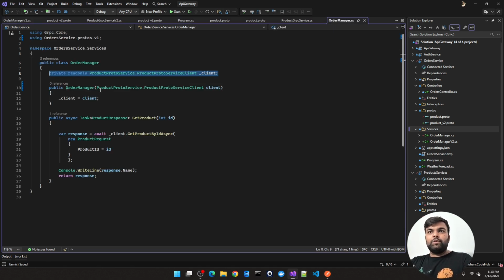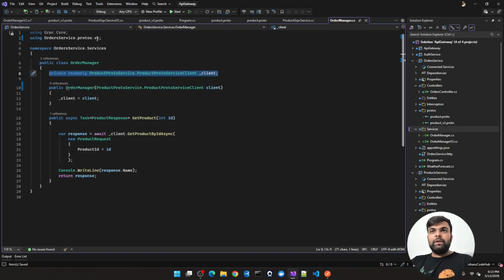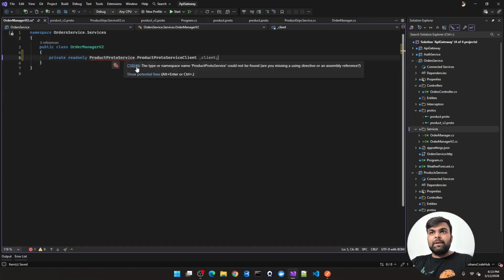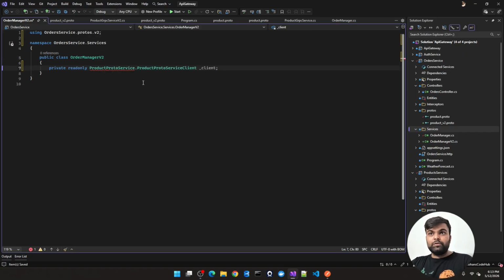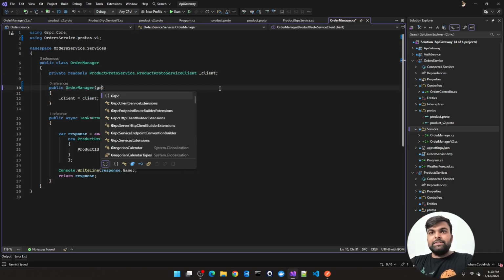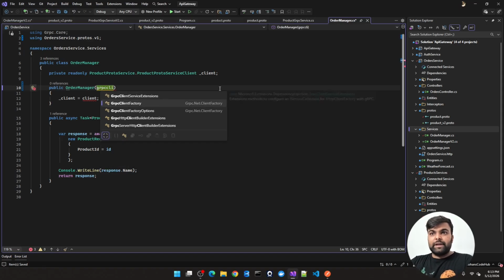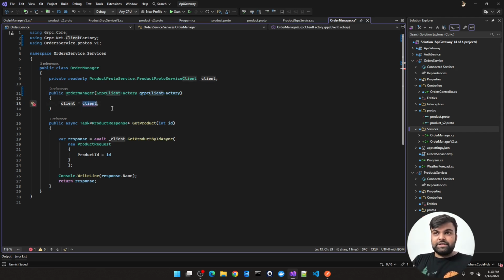Okay, so let's continue. Before we implement the things, we have set up things for v1 as well. Now it is asking me which one I want to implement. I want to implement v2, so we have called the v2 as well. Now first of all, I will change the gRPC client factory, because I will change things in the dependency injection as well.